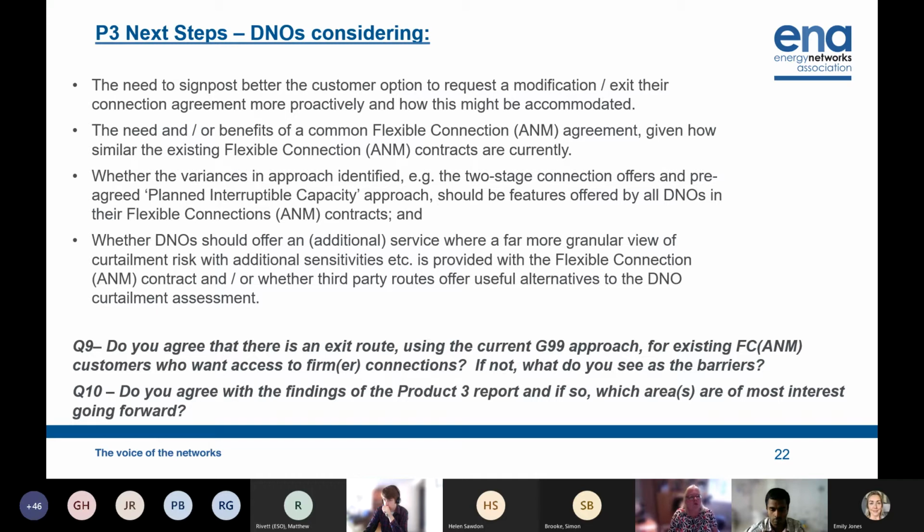As I said, we were looking at where there were variances in approaches across the DNOs, and we identified a couple of different options that different DNOs did, which we felt might be of interest to stakeholders. So one was a 2-stage connection offer, where a firm connection was going to be possible, but not immediately. So a contract would be offered, and it would have 2 stages. There would be a predefined section up front that was a flexible connection to accommodate the connection ahead of the reinforcements, and it was clear then what the second stage would be in terms of the firm connection. So that obviously,